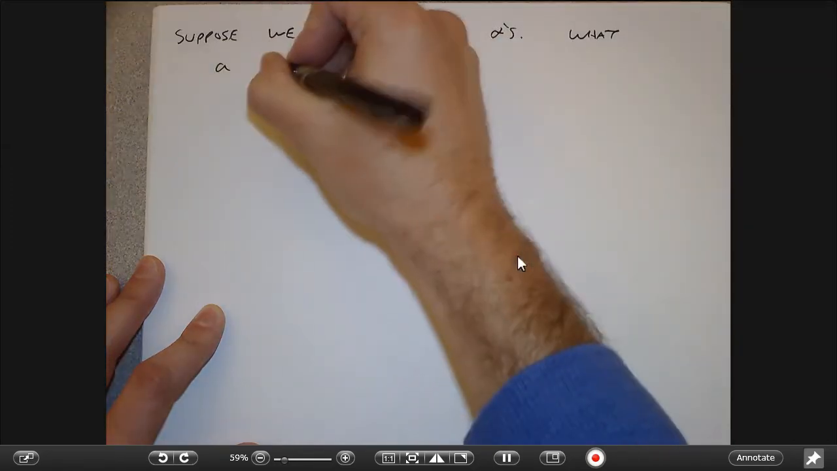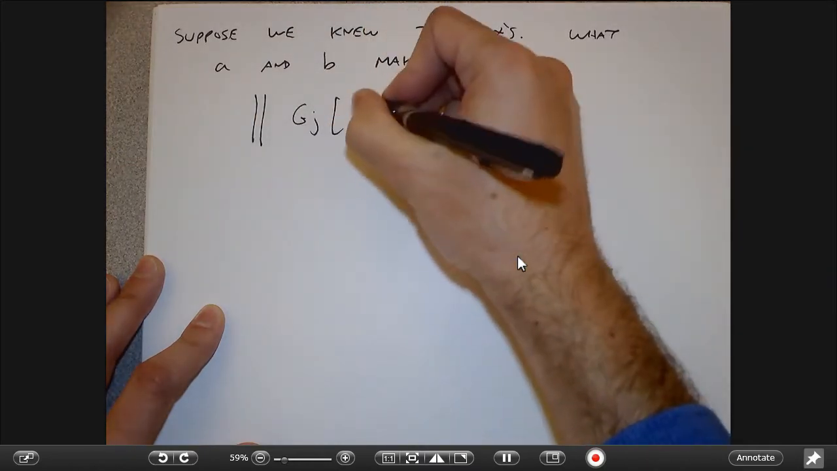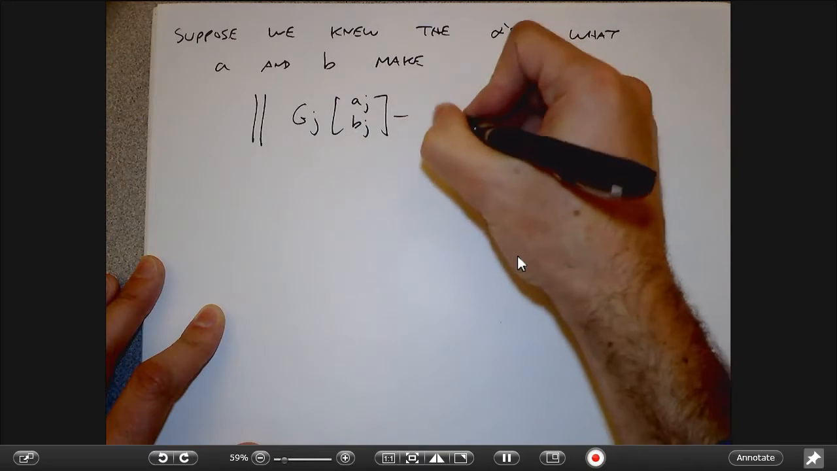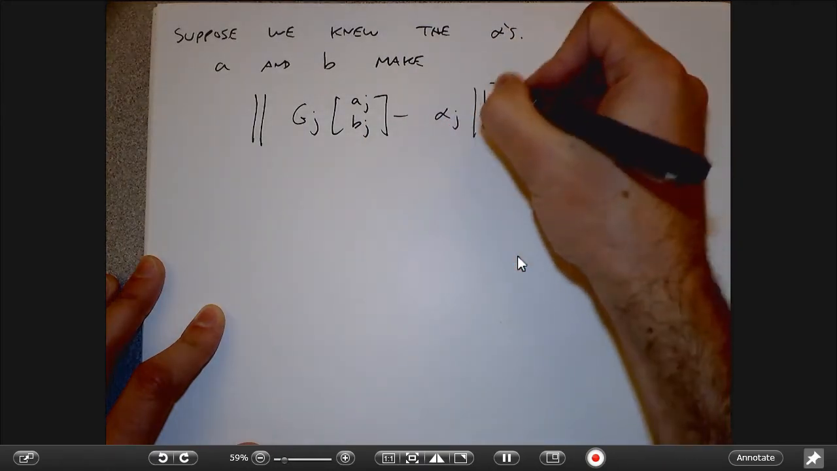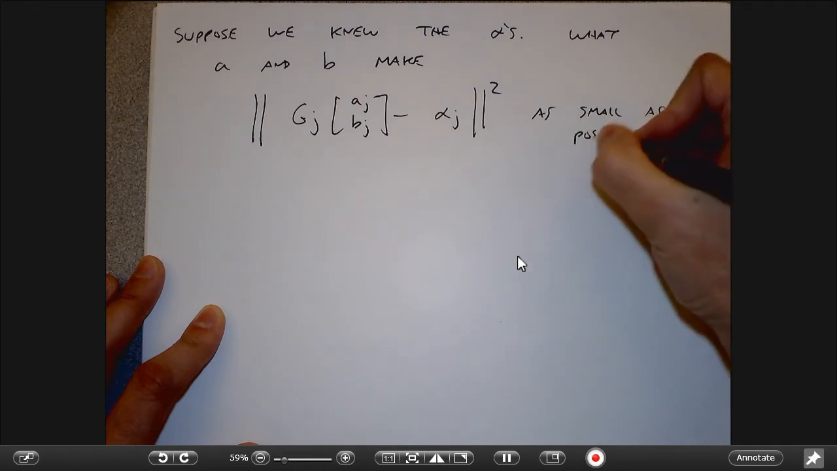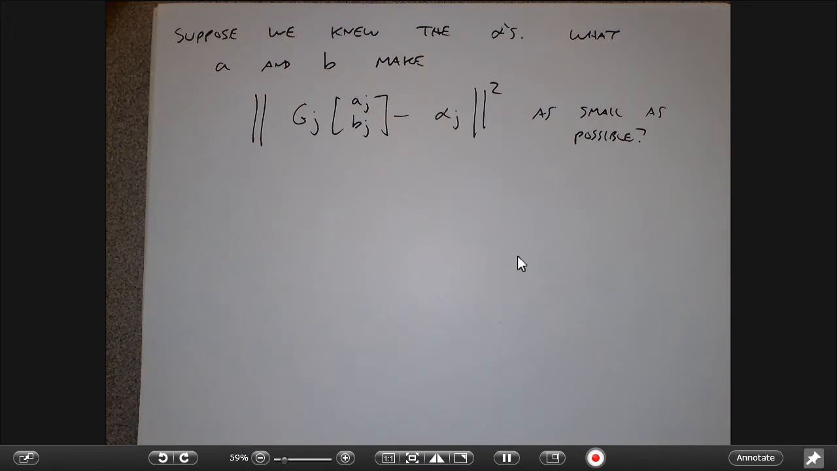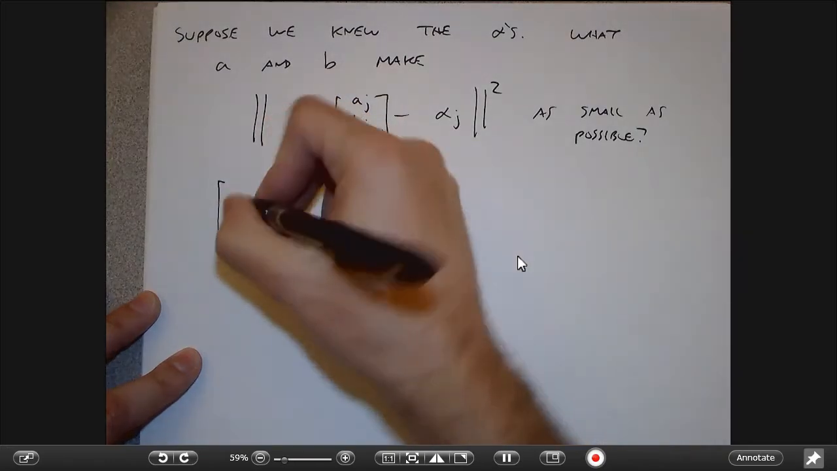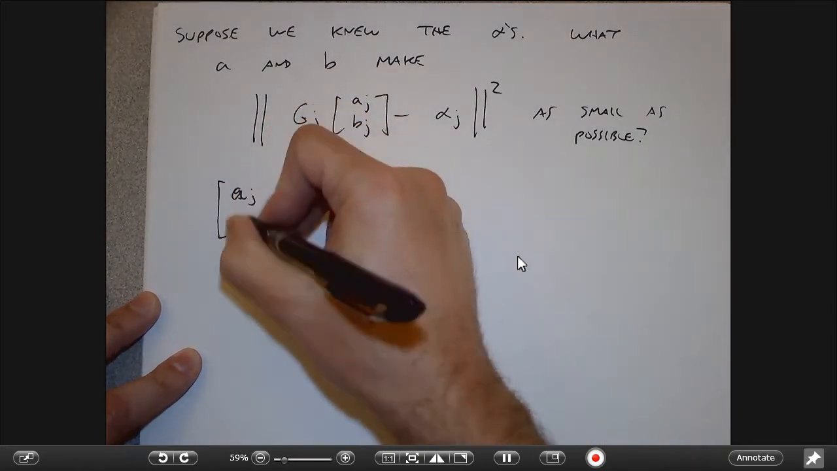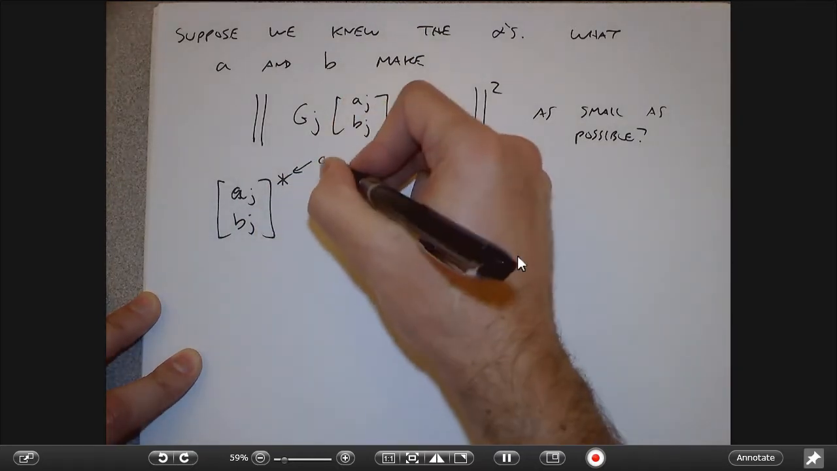What A and B make this number as small as possible? Well, that's just like a linear least squares problem. So those of you who have done the pseudo inverse know that the best thing that I can do, and I'm going to put a little asterisk to indicate this is the optimal thing I can do,